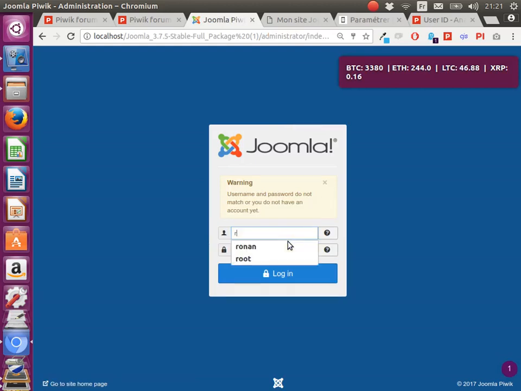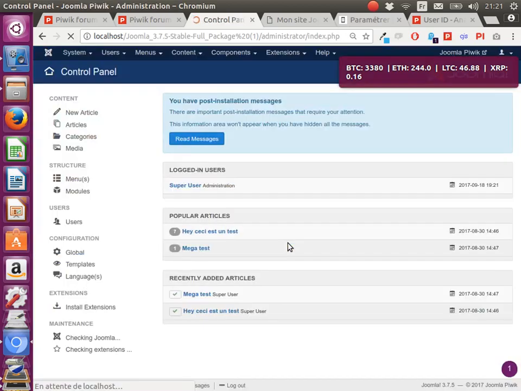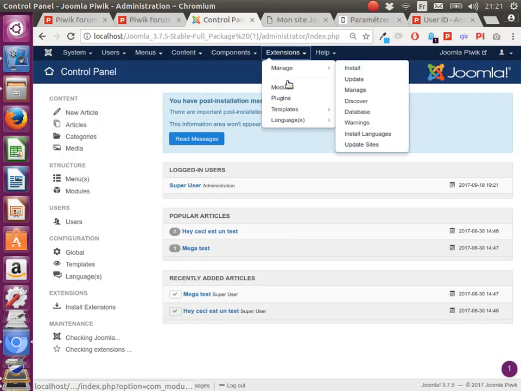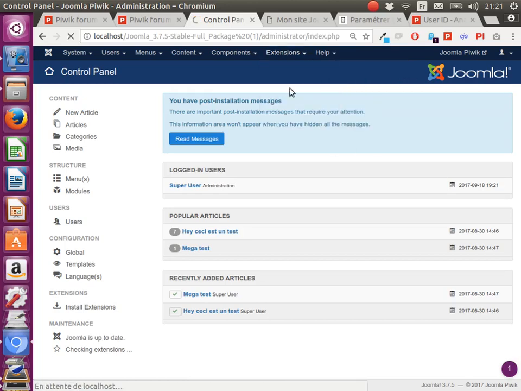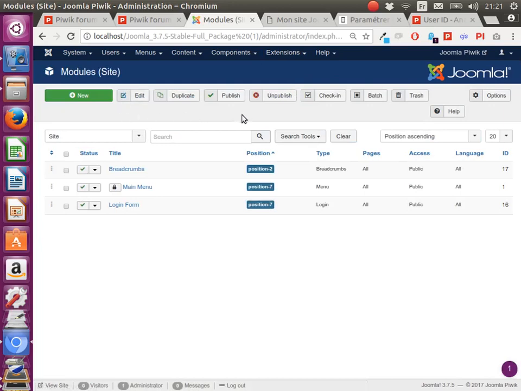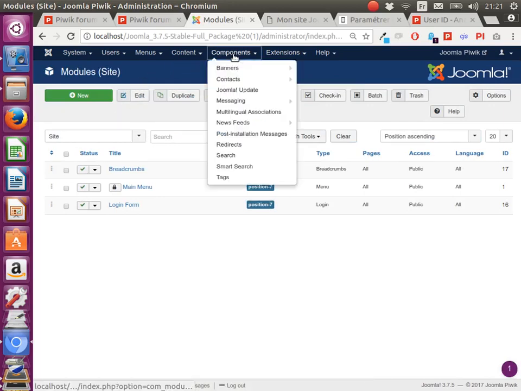So here I'm just going to use my general login and password. The method that I'm going to show you is not using the module which you can find here, called NFR.